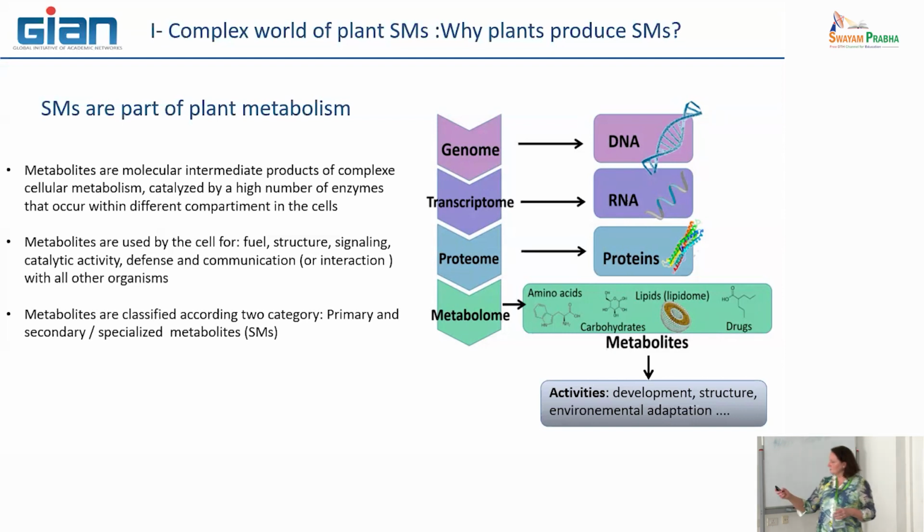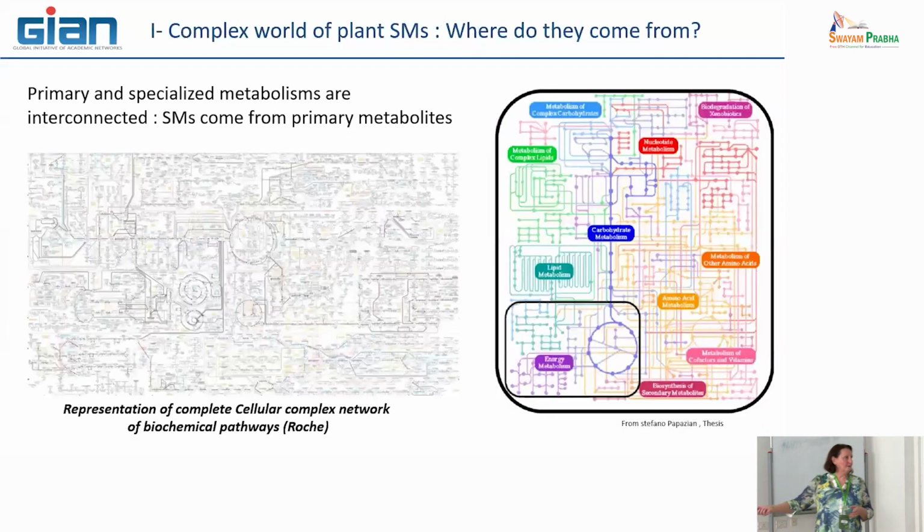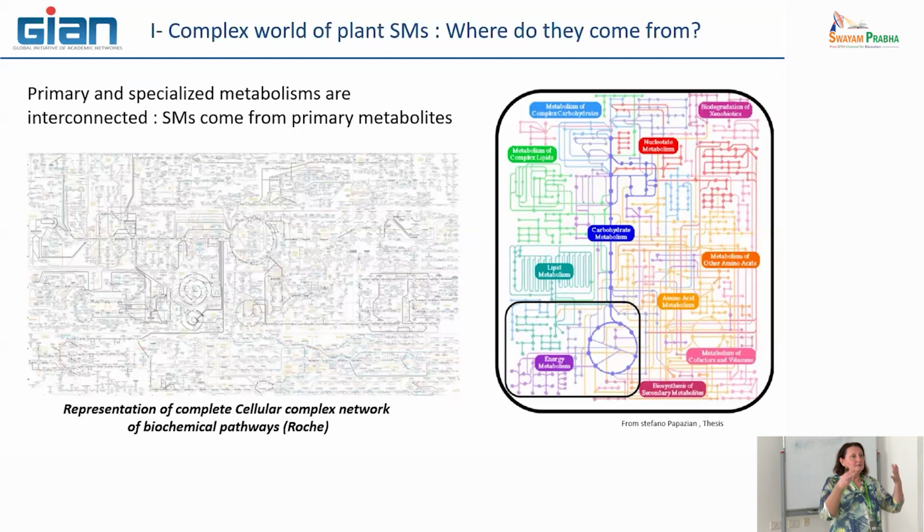You can't see because it's too clear. It doesn't matter. It was just to show the complexity of the metabolism in the plant. Perhaps you can go and see that on the Roche company site. They propose a poster in which they have summarized all the metabolic pathways that have already been identified, primary and specialty. And what is interesting is that you can summarize this as a large system of connections, like in electricity, where you can make a network with a lot of connections. For the metabolism, it is exactly the same in the cell.